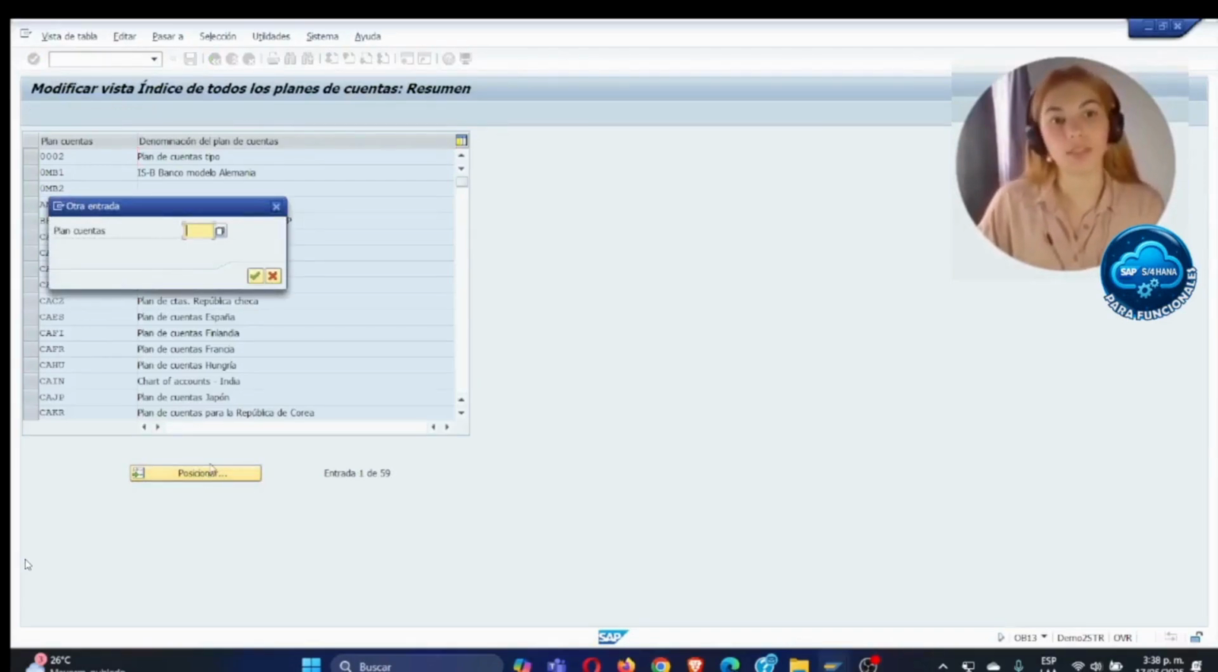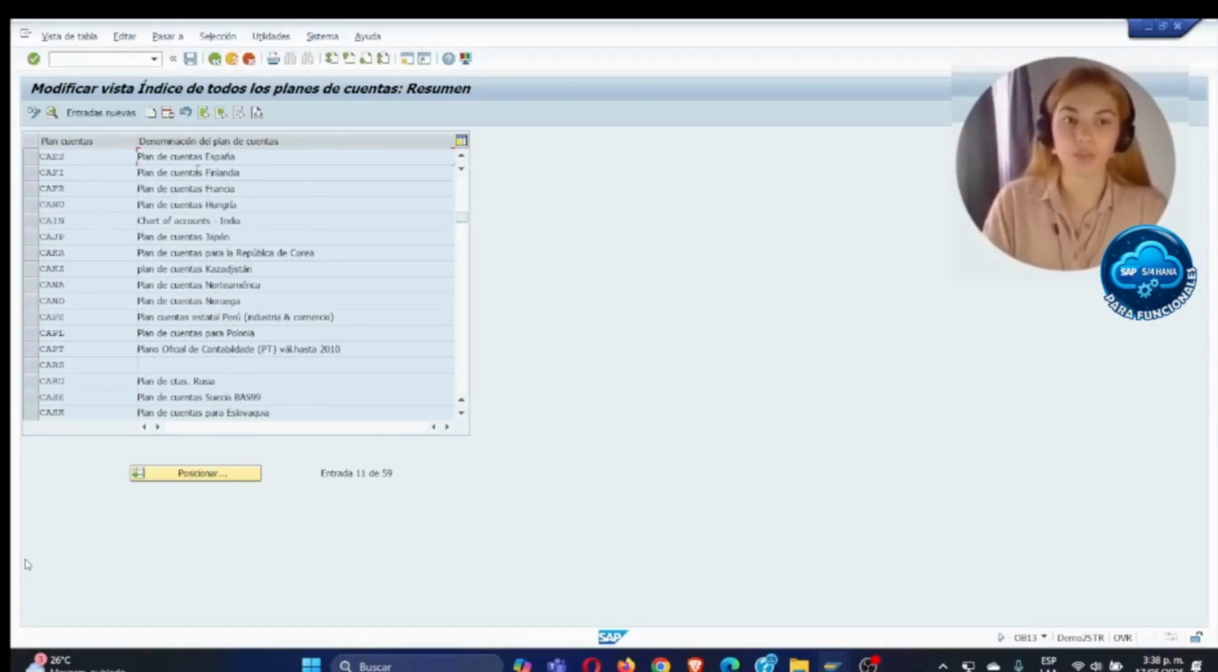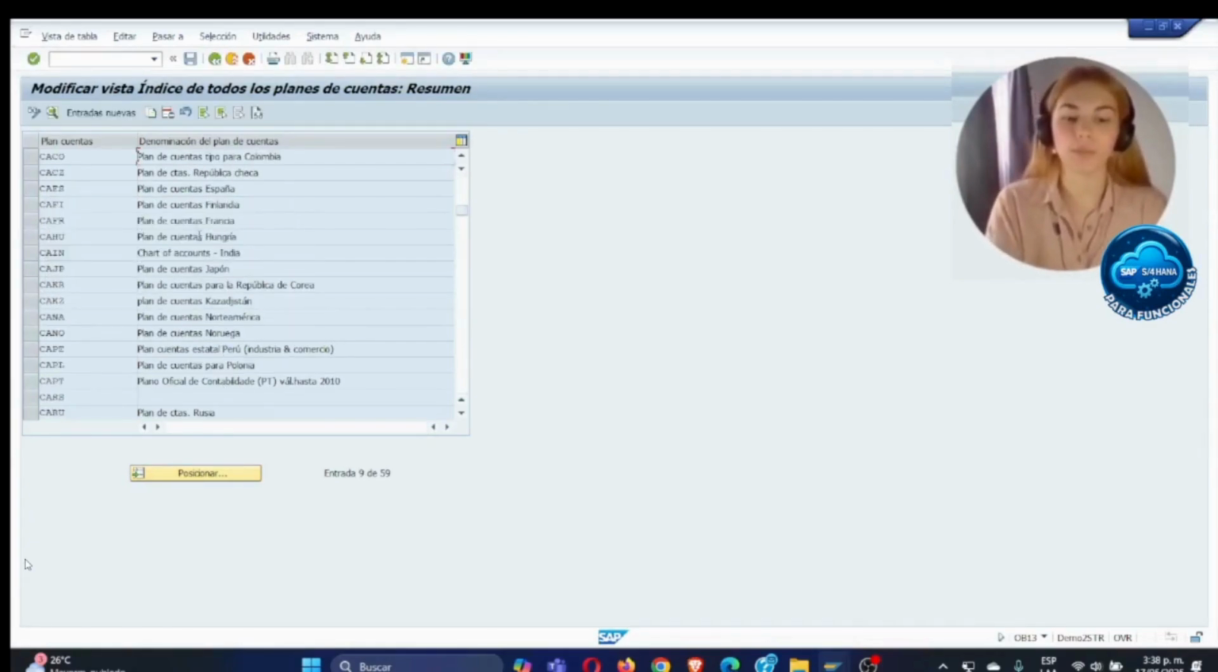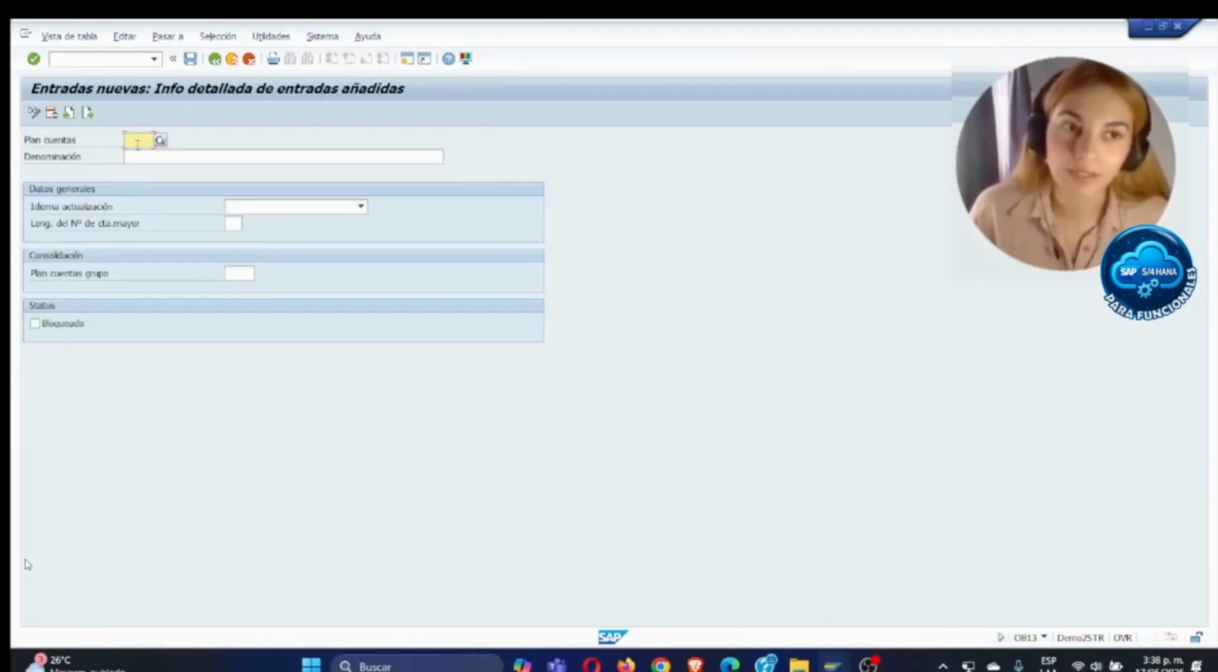Here we can search for the existing charts of accounts. For example, in Spain, there's CAES, which is the chart of accounts for Spain. If we select and enter, go, we see the chart of accounts for Colombia, but we're going to create a new one. So in this case, we go to process entries, new entries,